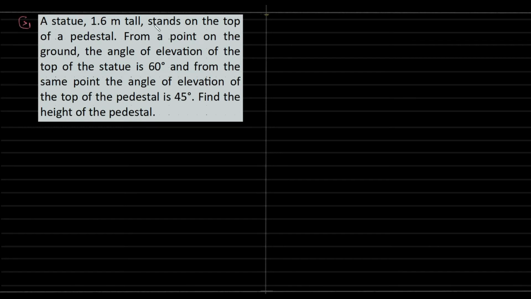A statue 1.6 meter tall stands on top of a pedestal. From a point on the ground, we're watching, 1.6 meter. The angle of elevation, so obviously we're looking up, of the top of the statue is 60, and from the same point, we're not moving, the angle of elevation of the top of the pedestal is 45. So first thing first, let me explain the word pedestal so that you can pause and